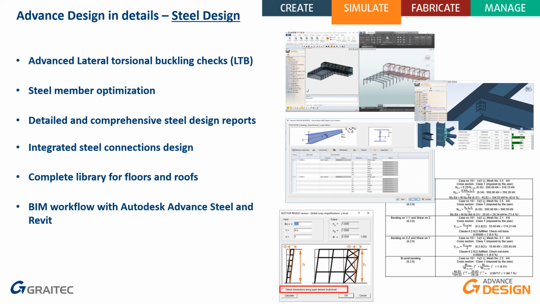And it's working for any kind of section. Here, if I continue quickly the list of key commands for steel design part of Advanced Design software, we have steel member optimization based on deflection or stability working ratio. The reports, for sure, because we can check the design with a detailed report, which will contain all formulas, all results, and all information. It's possible to design, by the way, steel connection